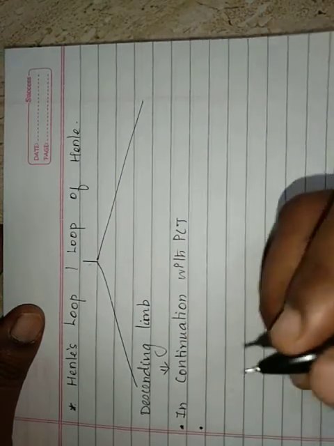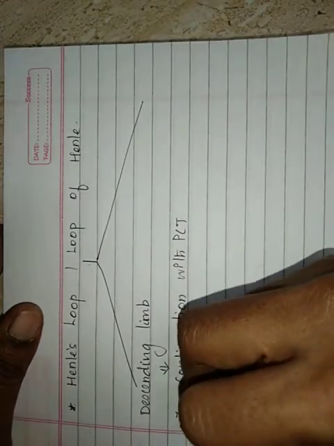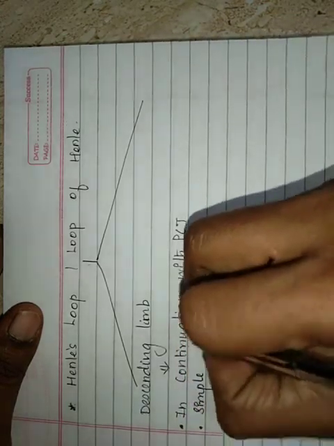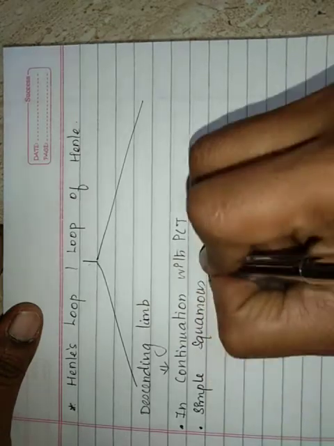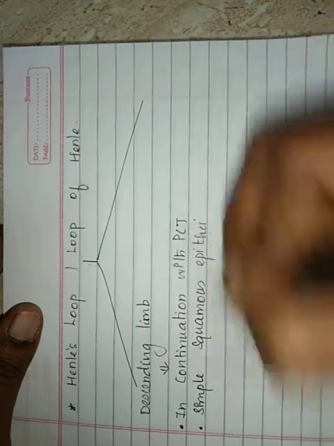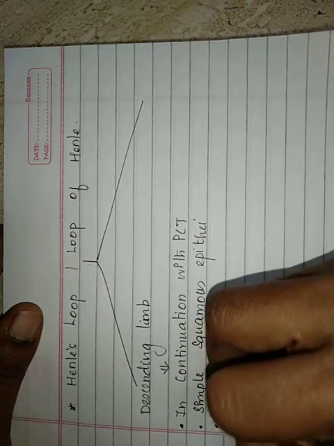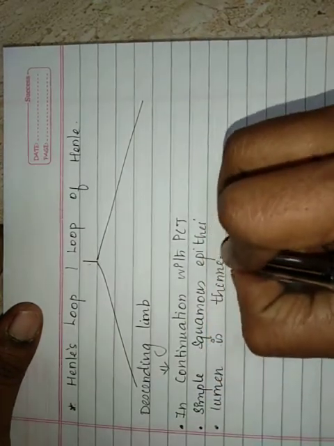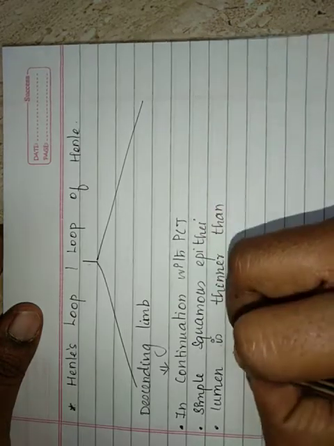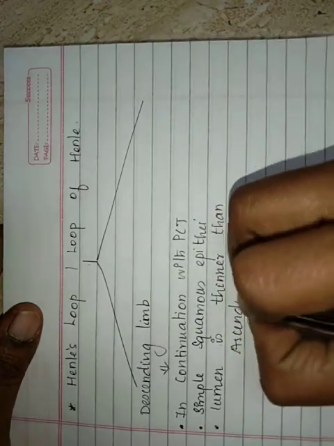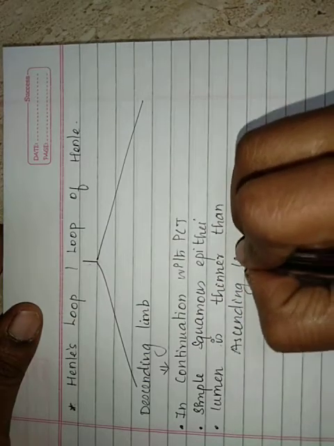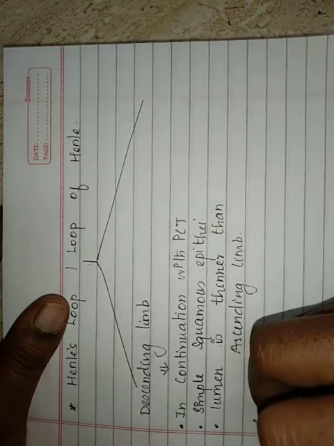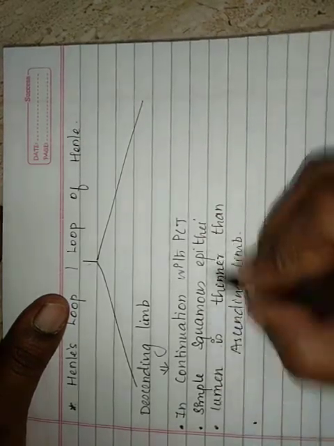These are the characteristics of descending limb, and it is lined with simple squamous epithelium, and the lumen of descending limb is thinner than ascending limb. Ascending limb வந்துட்டு கொஞ்சம் வைடராக இருக்கும் compared to descending limb. So descending limb is going to be thinner than the ascending limb, and this wall, that is the simple squamous